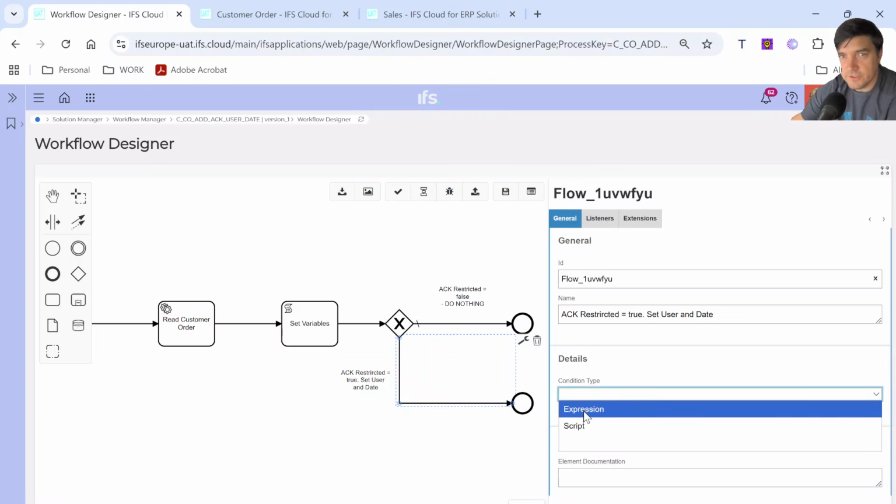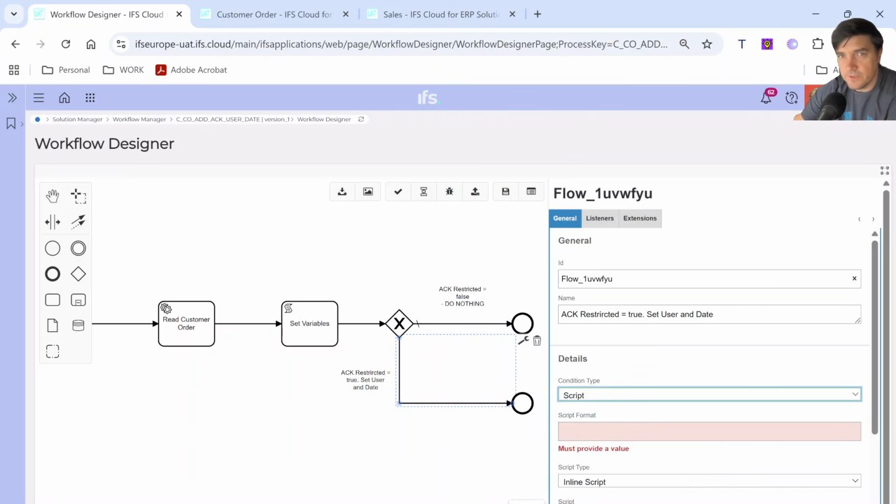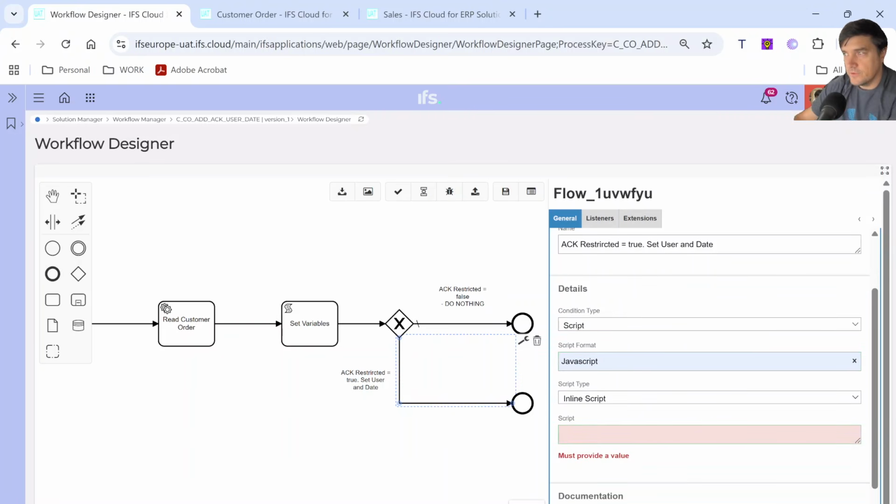So we have condition type again, script, JavaScript, and we have the previous parameter that we have set up, restriction ec acknowledged. If this one equals true, and